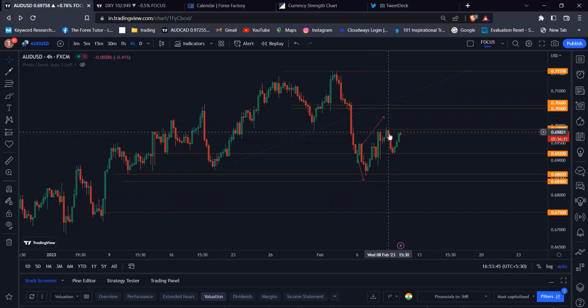Because of the US dollar weakness, this momentum can slightly continue right now, but the bearish channel continues. If the dollar index keeps falling, then Aussie USD gains some momentum upwards,